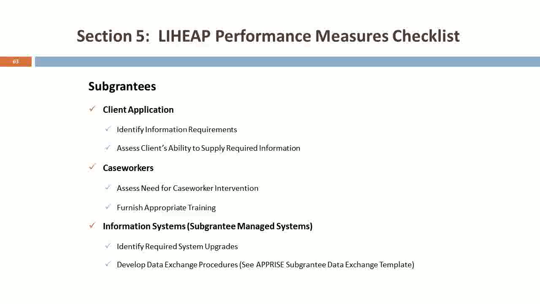Helping them to understand why they're collecting it and what they're collecting is important. Part of this is so that the client application is right. And this doesn't just mean for subgrantees who have different applications across the state. Setting minimum requirements and making sure certain fields are on that application is important so that you have the data. It's also important to talk to your subgrantees about, are we asking this in a way that makes sense? So if we are asking clients to fill out the application prior to their visit, are we asking the questions in a way that they aren't going to call our office or barrage our office with calls to say, what do you mean by this question?